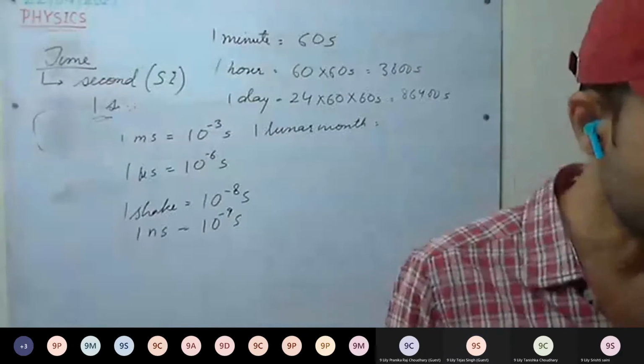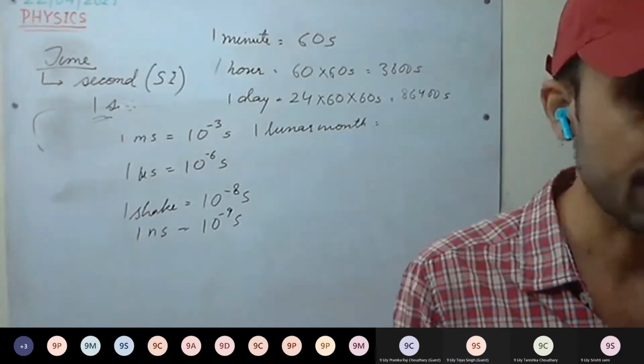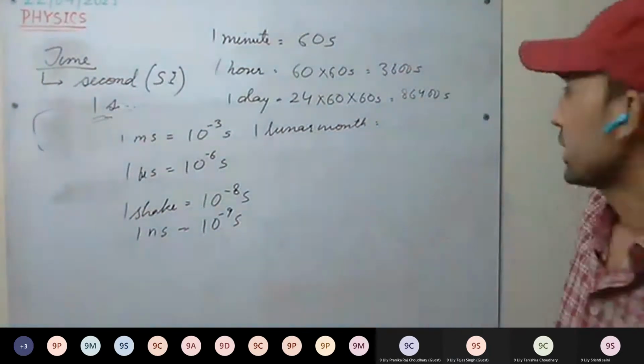Time is over. Sir, okay. I'll take just 2 or 3 minutes to complete this chapter, up to some examples of derived units. Let us complete the time. I'll take 1 or 2 minutes.